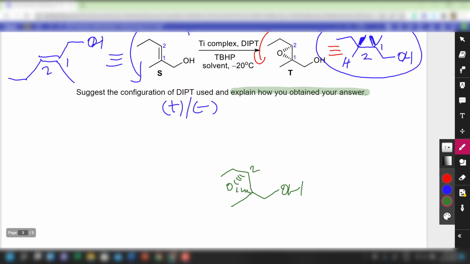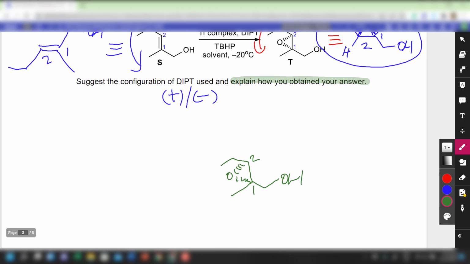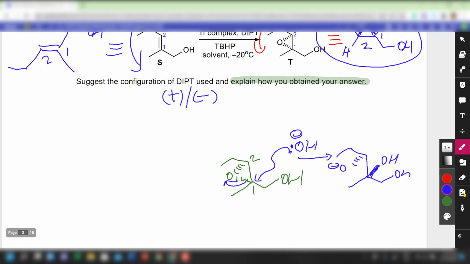One common thing which most of the students do is they tend to draw the mechanism directly following what we have drawn for you. So a lot of students actually draw the mechanism like this, and then the ring will open, and then what they're going to end up with is something like this, O minus, and then they have something like OH here. There is actually nothing wrong in drawing the mechanism like this, except that it's very difficult to see